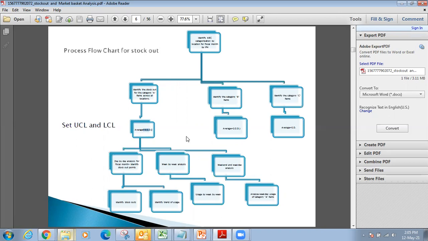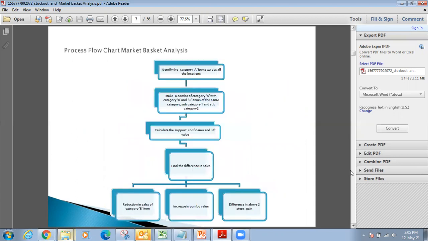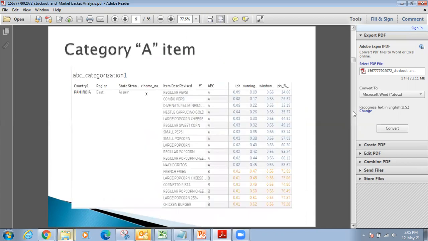So it was average plus 3 sigma for A, average plus 2 sigma for B, and average plus sigma for C category. Then we did day by day, week by week analysis, weekend analysis, identified the stockouts, and identified the trend of usage, right? And then we looked at which other items can be sold along with A category items, and then looked at the confidence level by which we can say the sales will increase.